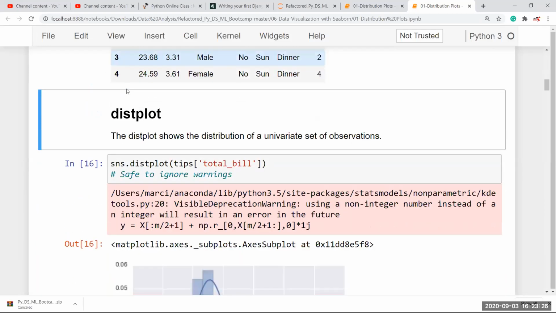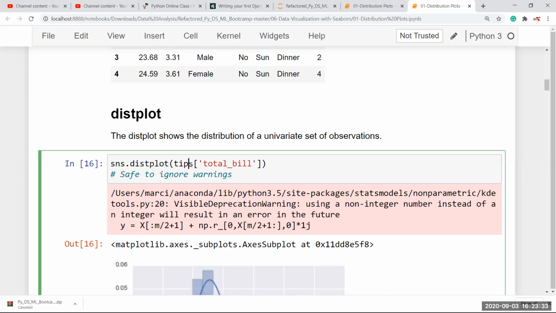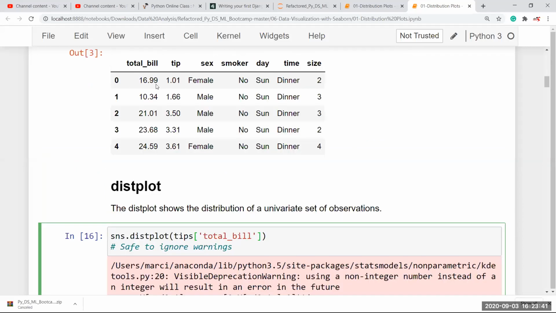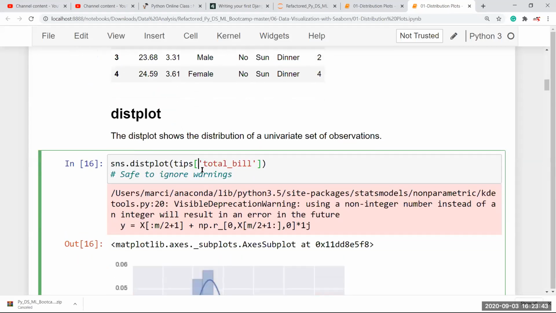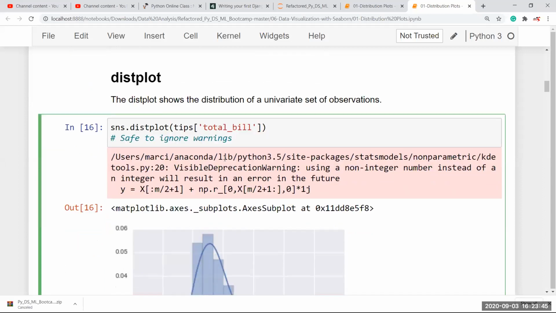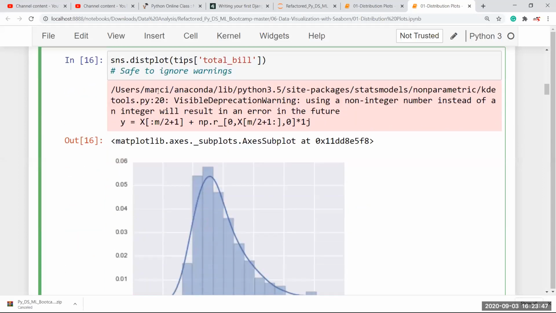Here we have just given sns.distplot tips, and the same process we used in our matplotlib. If you want to plot a single column, you have to call like this. Then it gives the